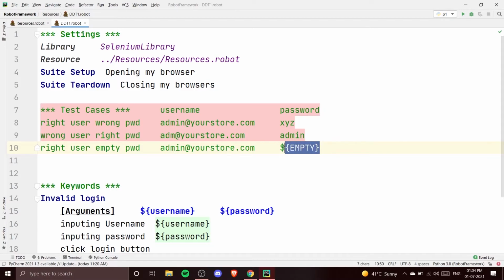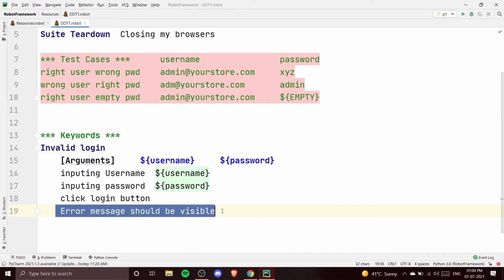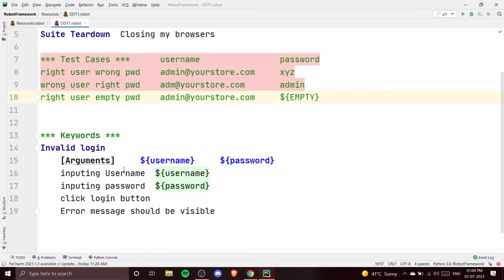So this is going to leave the space for password empty in this test case. In this test case, the right user is the right user that we are going to provide, and for empty password, this is going to leave the space for the password empty. Again, this will also give us the error, and this is going to be checked by this error message: is there any error message present or not? If there is an error message present, then since we are checking for invalid values, invalid login, so this